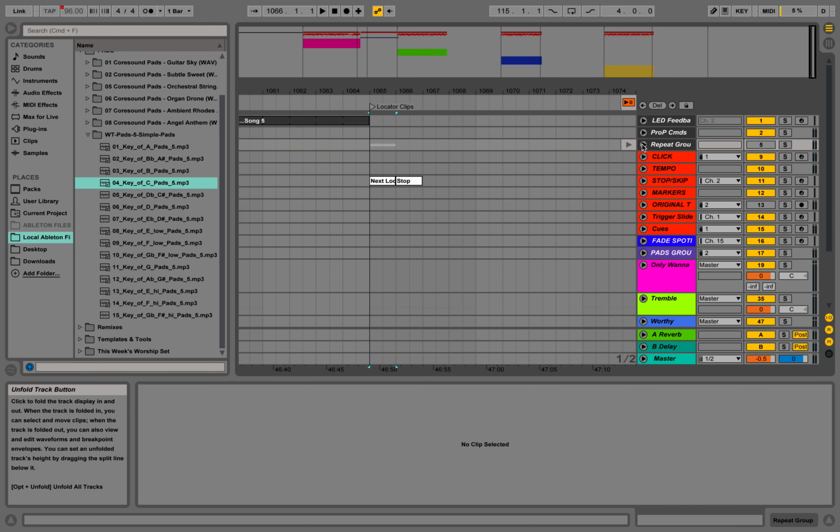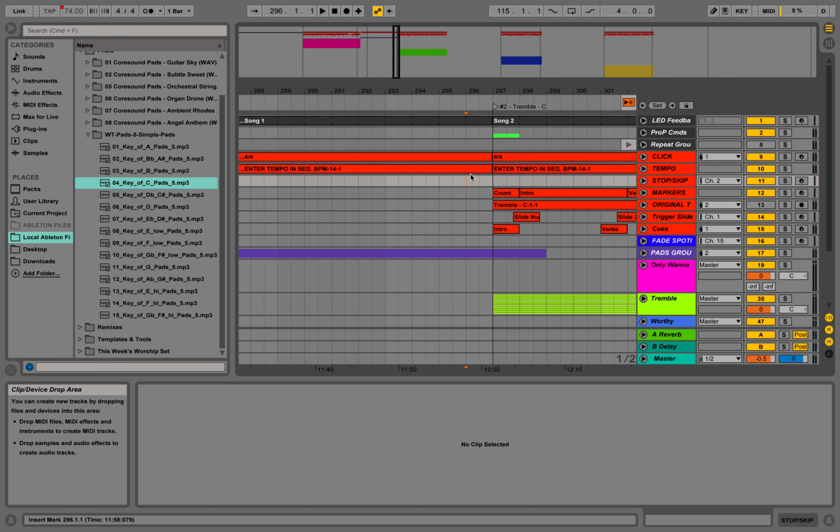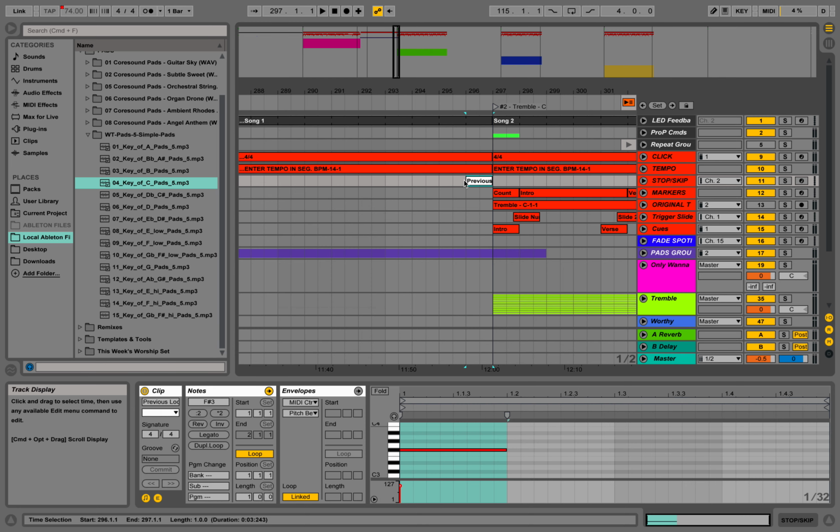Fold this back up and then jump back to where we were for the welcome. And I find the end of my runway here. I'm going to enter this into the stop skip track, the last measure of pad before song 2. I'm going to click at the beginning of that measure, and then Command V will paste it. And then